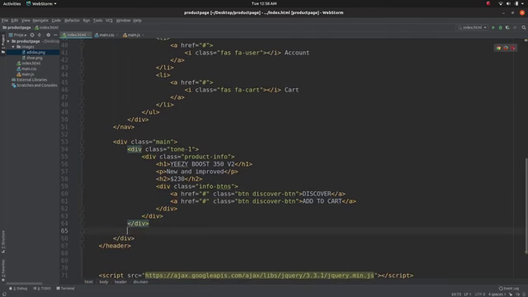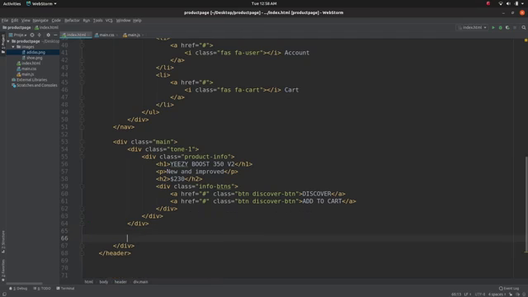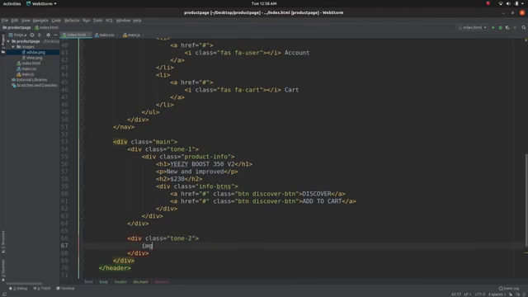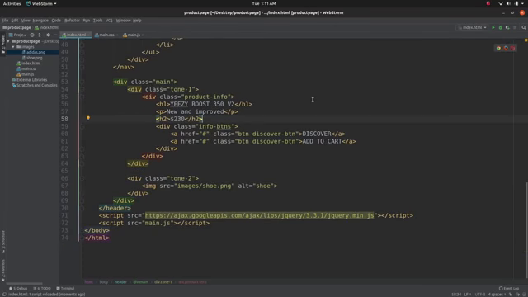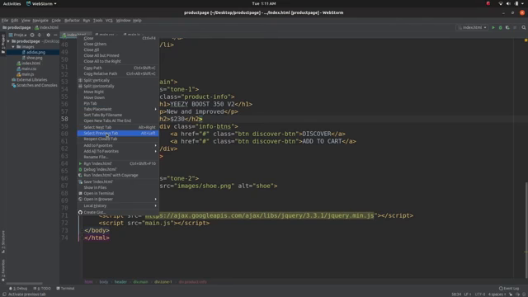And now I'm just going to have my other div, which is going to be tone 2, and inside of that, I'm just going to have my sneakers image. Again, going to the images folder, and this is shoe. And yeah guys, I believe this is it for the markup. So before we jump into the CSS, I'm just going to open up my file in the browser,